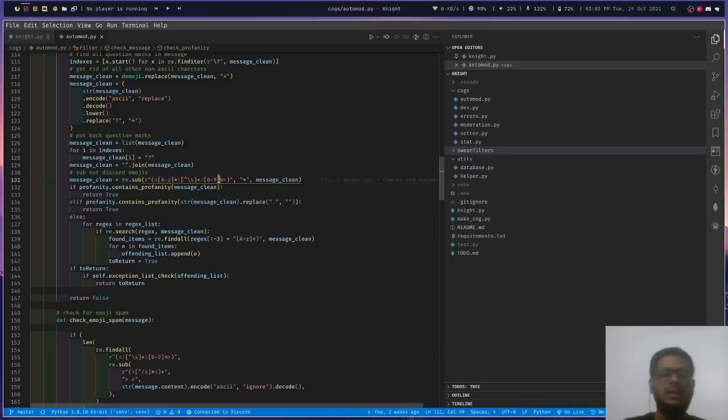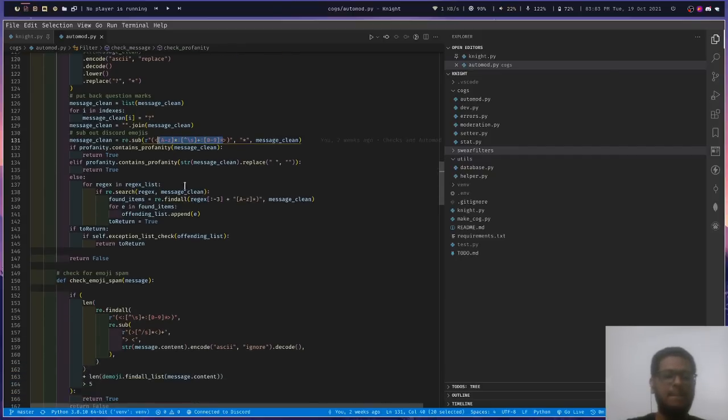The IDs are, I think, 16 characters long, and generally digits, so here we are using 0 to 9. So we have used this specific regex for that. And then we will check if the message contains profanity or the swear word or not. If yes, then it will return true. If it doesn't contain, then we will return false.